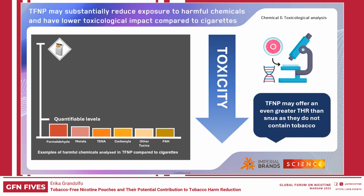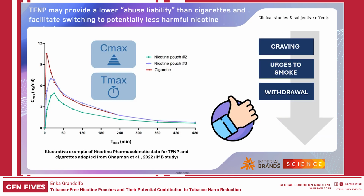Research indicates that nicotine pouches may present reduced exposure to harmful chemicals as well as reduced toxicity to cells when compared to cigarettes under laboratory conditions. Additionally, as they do not contain tobacco, they may offer an even greater harm reduction opportunity for smokers who switch compared to traditional snus. Clinical studies in older smokers indicate that nicotine pouches typically increase blood nicotine levels to a